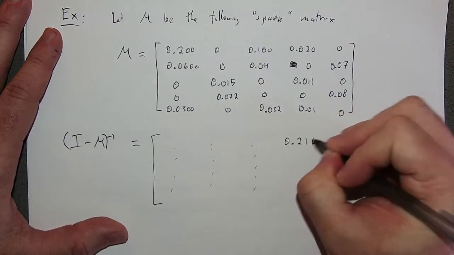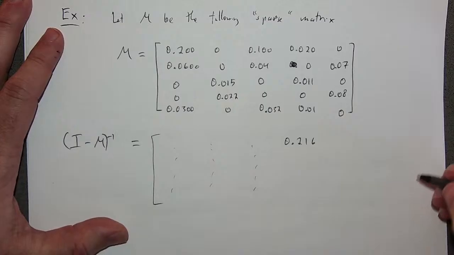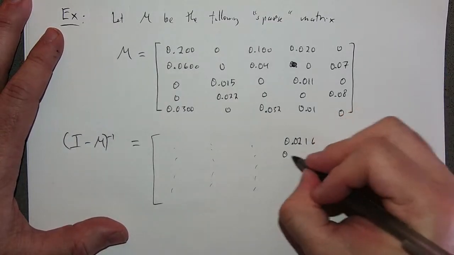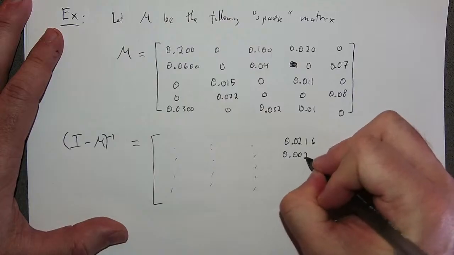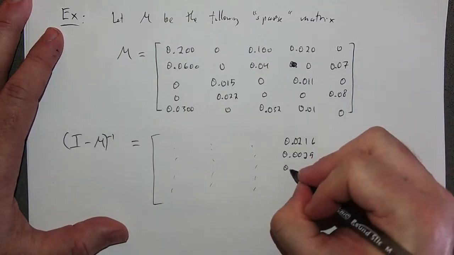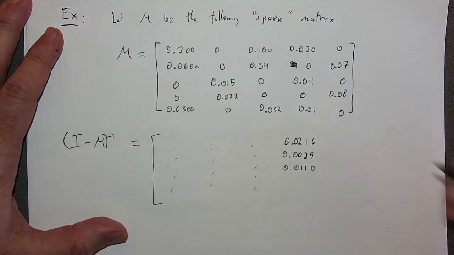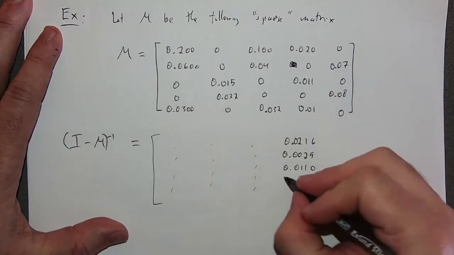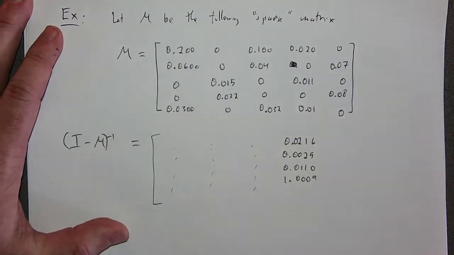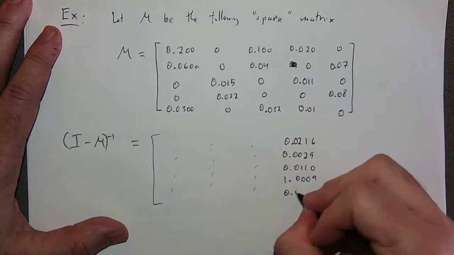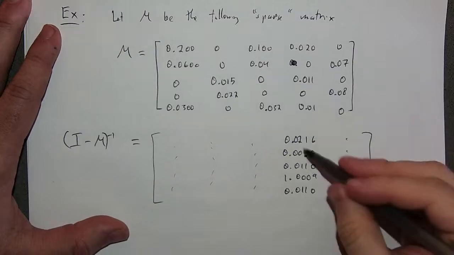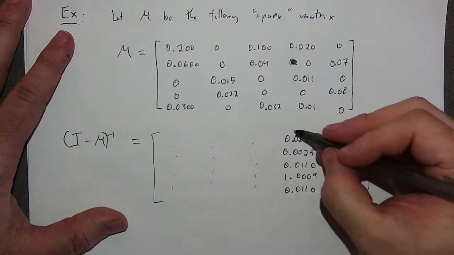The fourth column is 0.0216, sorry, 0.0025, 0.0110, 1.0009, and 0.0110. Then you have a fifth column. So this is my fourth column,